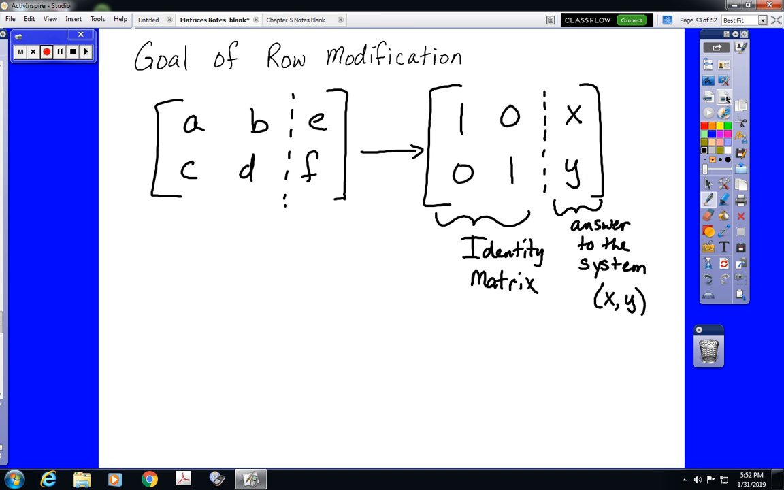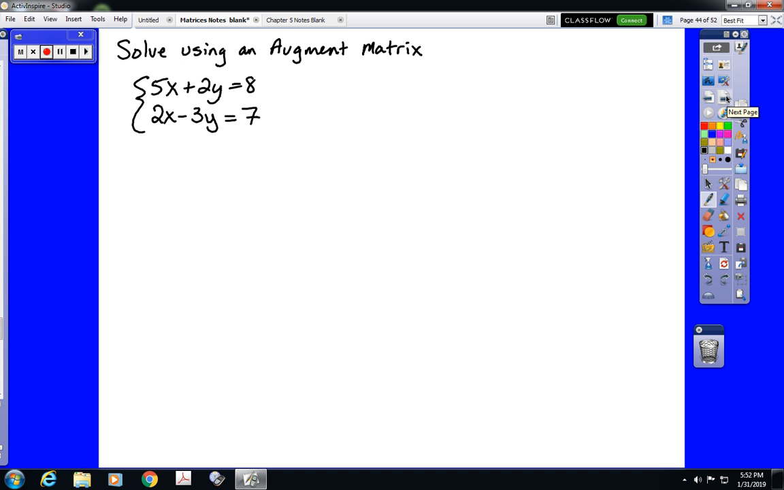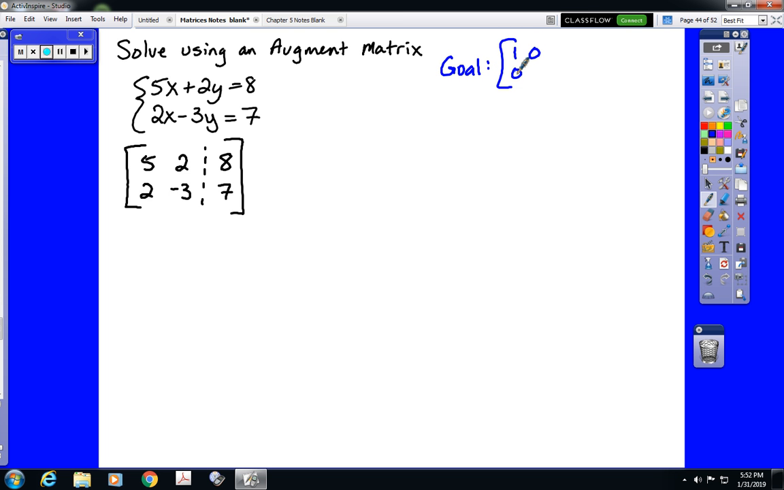So we're going to jump in. It's really the best way to do this. Here is a system of equations that we're going to solve using an augmented matrix. This is the same one we had earlier. So we're going to pull those numbers off, creating an augmented matrix. And we're going to use row modification to reach our goal, which is the identity matrix augmented with x and y. Now, ladies and gentlemen, this is a very, very set process. You need to start by getting